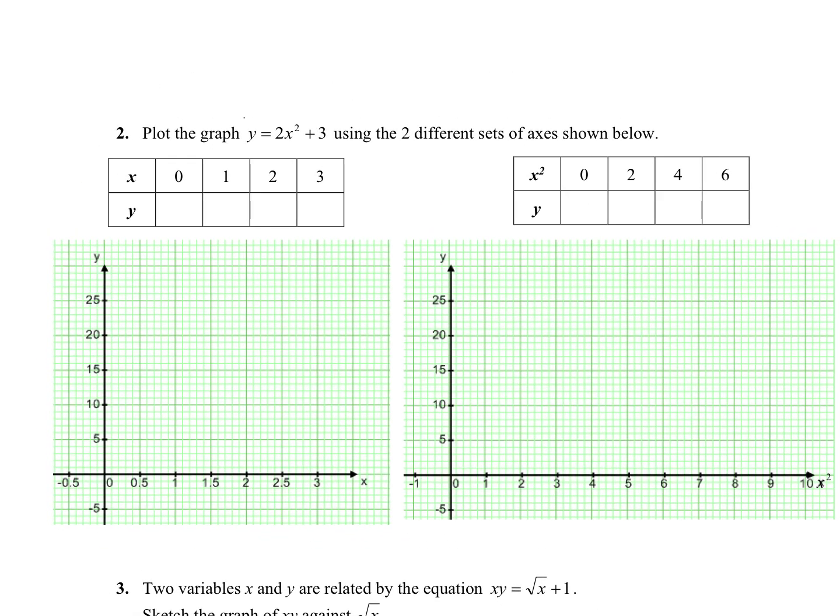This is my normal curve. One look at it, I know it's a quadratic curve that is shifted up by 3 units. I know this is the shape that I'm going to get. So if I plug in 0, 3, then I have 1, so it's 5. Then 2 is 4, then 8, then 11. Then 3 is 9, 18, 21. Okay, here. So if you were to draw this,